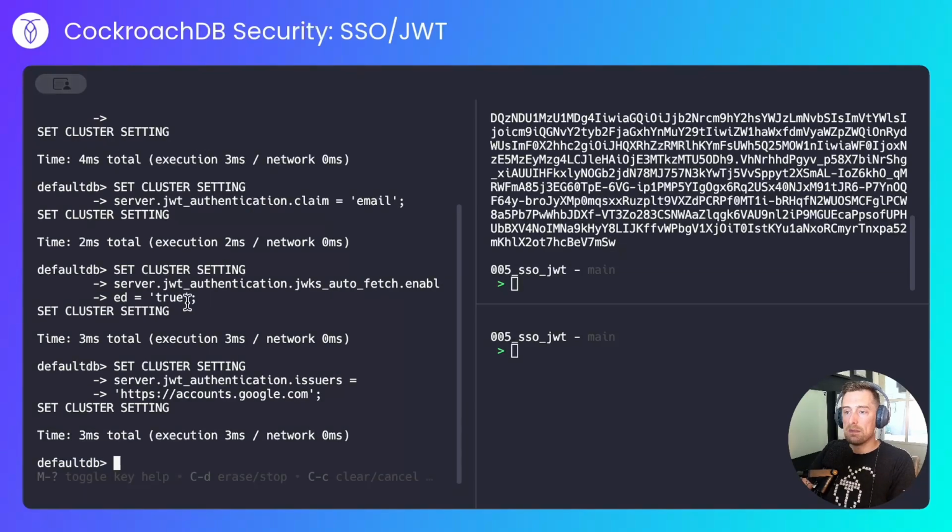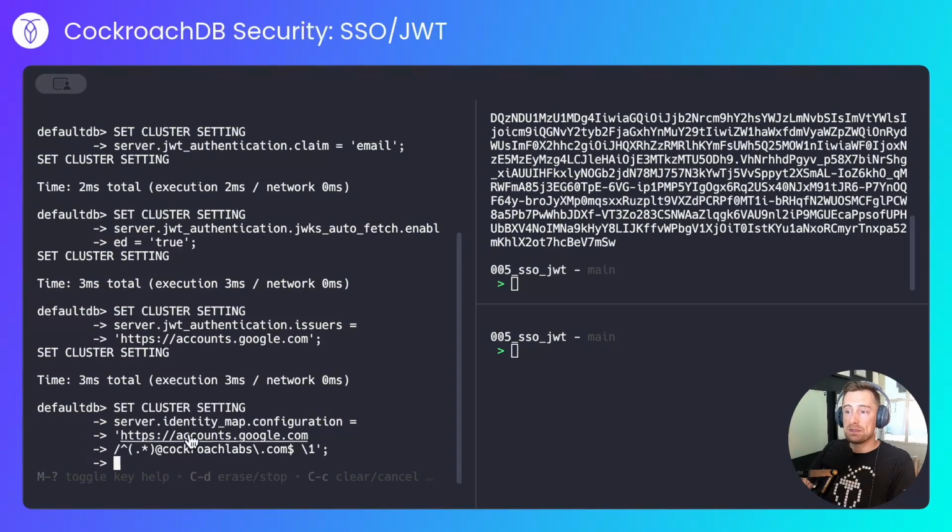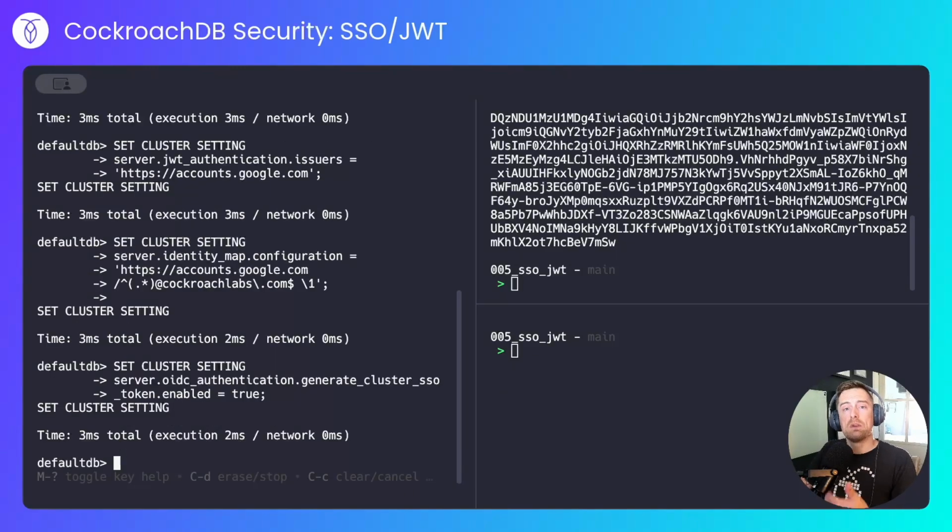Next, I'll configure my map configuration. This maps any user from the accounts.google.com identity provider and creates a regular expression capture group that slurps out this value from any string matching something at cockroachlabs.com and maps that to a user in CockroachDB using the first capture group it encounters. And at this point, we're ready to log in as the Rob user using my email address